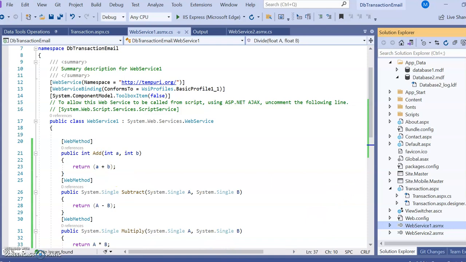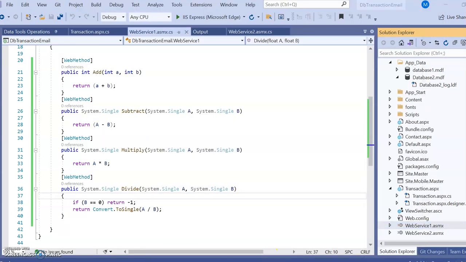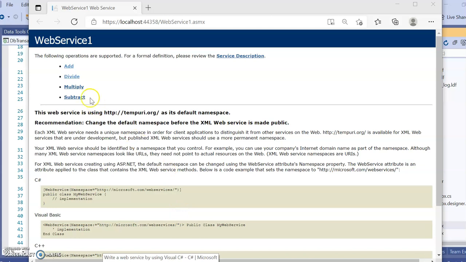This is the output. Here you can see add, divide, multiply and subtract. These are the methods that have been created.